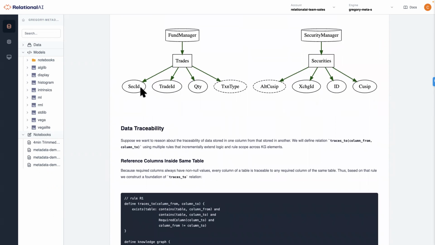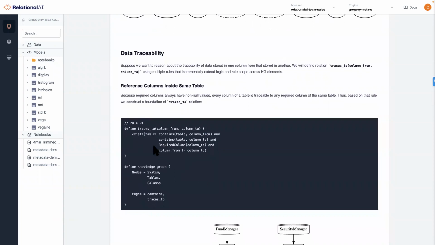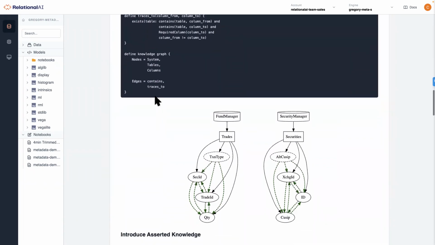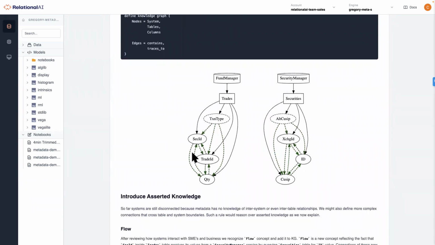And the first thing that I want to do before I link the silos together with business rules is make sure that these columns know each other exist. And once we do that, we're going to be able to query columns based on relationships that we're drawing out through traceability. So we're going to create a rule. We're going to apply the rule as traces to, and we're just going to reference all of these like columns together so that anytime I'm writing something, I'll be able to query over very simply based on the traces to